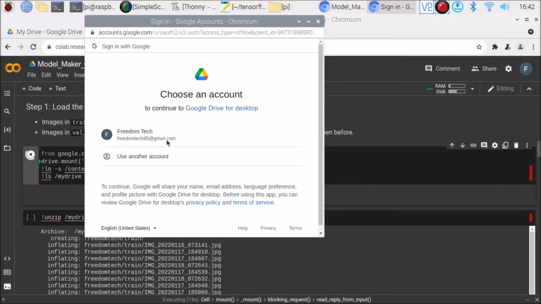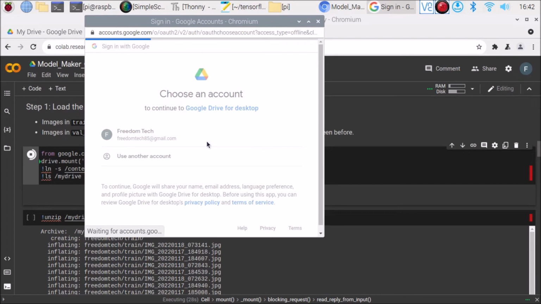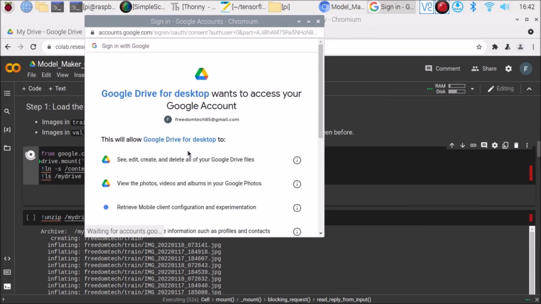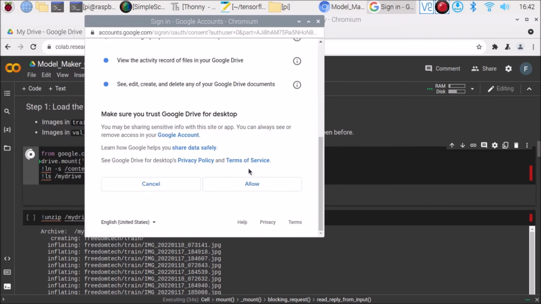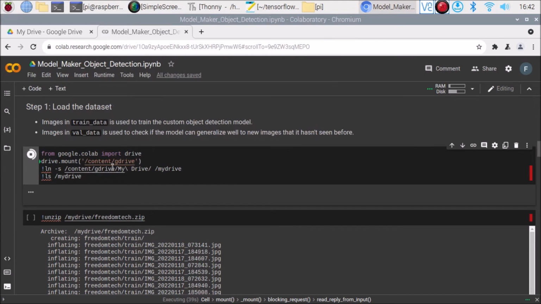This one is the Mind Freedom Tech. I'm going to select it. Scroll down, click on allow, and that's it. We have successfully allowed,